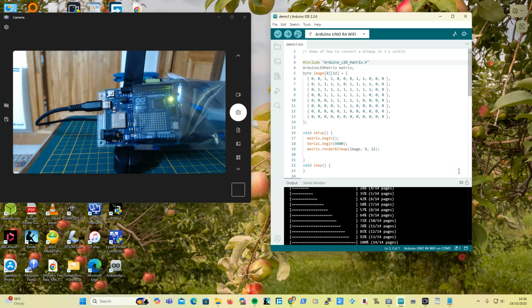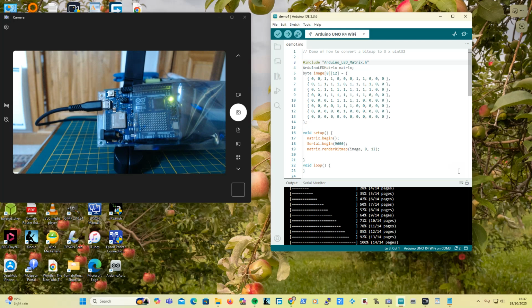Now, the reason why I wanted to remind myself about what I'd done is because of the advent of the Arduino Q, because that also has an LED matrix. It's slightly different. I haven't got a Q yet, and in order to get started with the Arduino App Lab and have a look at things, you need to have the Arduino Q connected. So I don't exactly know how it will work, but it can't be that different, I wouldn't have thought. Apart from the